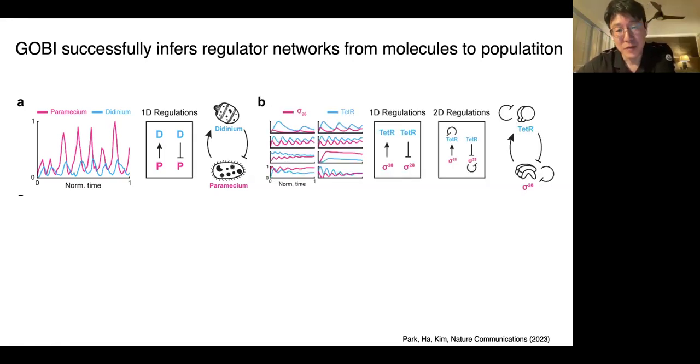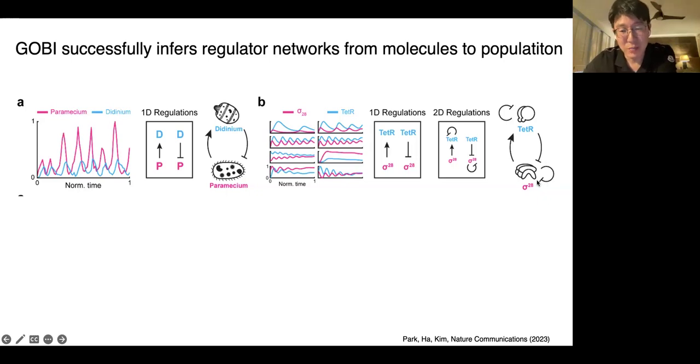Then what about the molecule? This is a molecule level change of 2 types of molecules in the bacteria. If we apply the GOBI, there are 2 1D regulations and 2 2D regulations. If we merge these, we can again infer the negative feedback structure with the self-negative regulation. Why there is self-negative regulation: typically the molecular decay level is proportional to itself, so that comes as a negative regulation, as you can see here.